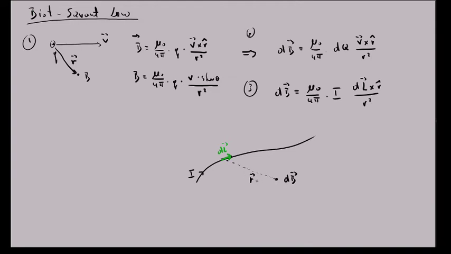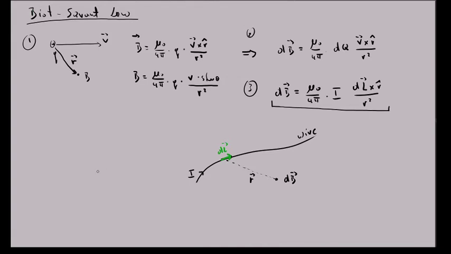That r is this r, dl is this dl, and I is just the current that flows through this conductive wire. And using this equation here,